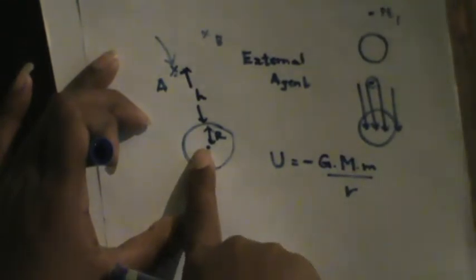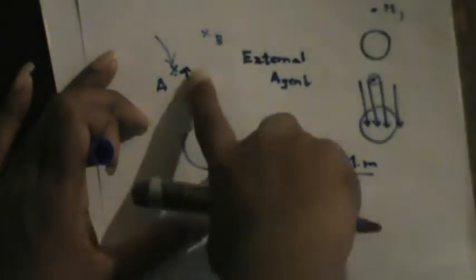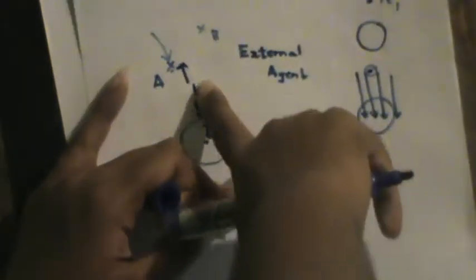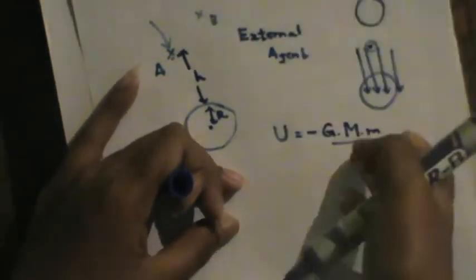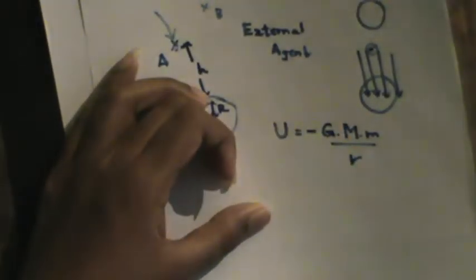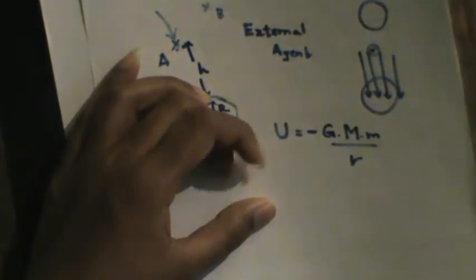So what will actually happen is that when R is equal to infinity, where R is the distance, right? If you are taking it here, this will be R plus H. At infinity, the gravitational potential energy will be approximately 0. So you are taking an object from 0 gravitational potential energy to this point, which has some gravitational potential energy. You can see from this equation that we are taking infinity as a reference point because the gravitational potential energy at infinity is 0.